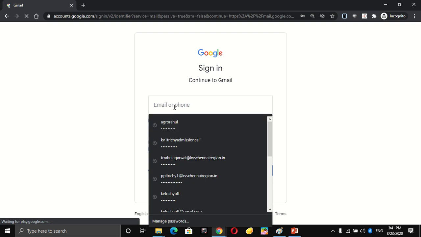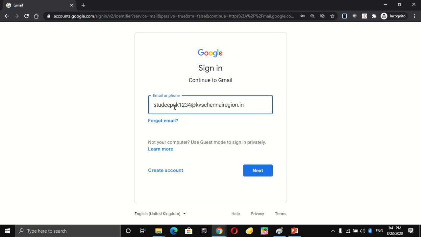Then the ID which is provided will be typed here. You can see the ID will look like this: STU, name of the student, then followed by the admission number at KVS Chennai region.in. You will click on next.